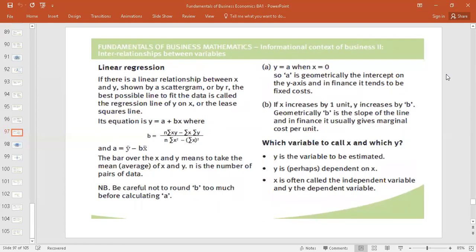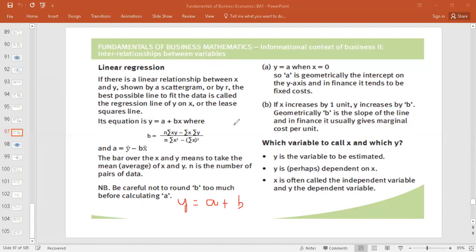Then once the relationship is calculated, it can be expressed in a linear form wherein it can be used for forecasting in future. The linear relationship basically talks about y is equal to a plus bx, wherein y is dependent on a variable called x. Then there are two variables, a and b, to be taken into consideration. So how do we calculate a and b? So a is equal to, we have the